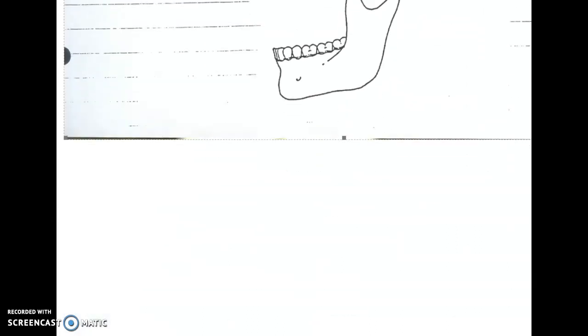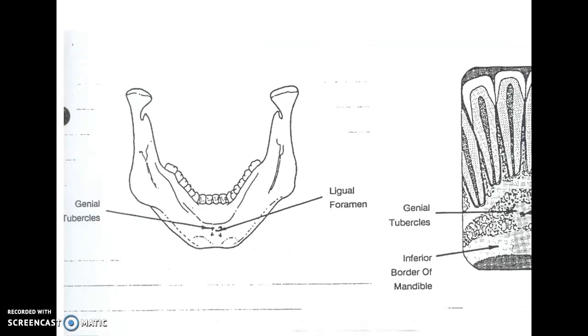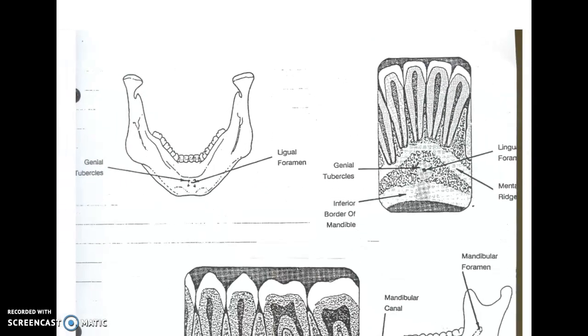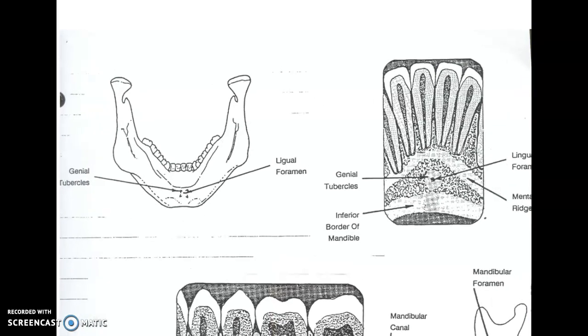Okay, so we're going to scoot on down to the third page. And on the third page, let me shrink this just a little to make it fit. Okay, on the third page, we start with the mandibular landmarks. And so what you're looking at here is if you've taken a mandible off of the skull and you're looking at the lingual surface. So this is the lingual surface of the teeth and this is the lingual surface of